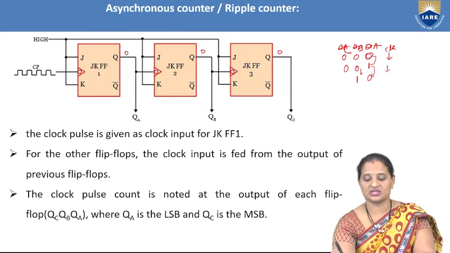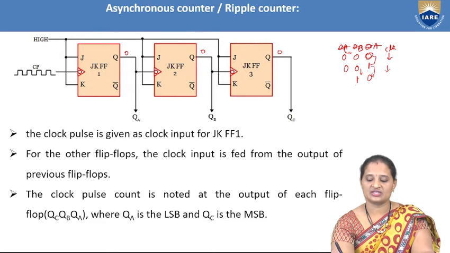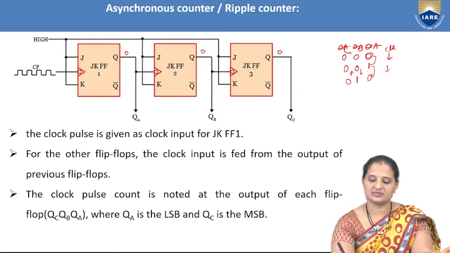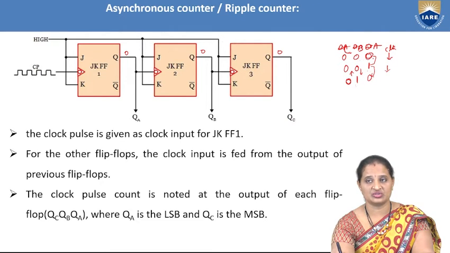This becomes 1 because the present state is 0 and the next state is the complement of the present state. So it will now become 1. And what is the transition we have? 0 to 1. Is it a negative edge? No, it is a positive edge. So will the third flip-flop change its state? No, it remains in the same state. So what is the next state we have come across? 0, 1, 0. Initially it was 0, 0, 0.